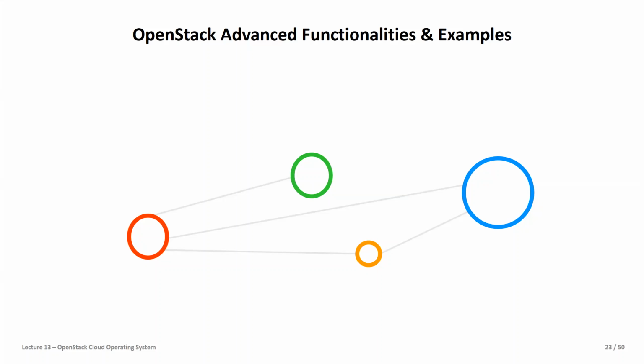Welcome to the second part of our lecture 13, OpenStack Cloud Operating System. We learned in the first part a lot of building blocks, which have the same functionality that we see in public cloud providers, something like the AWS S3. We have seen the compute entities, even containers are supported, which are similar to EC2, for instance, particularly in